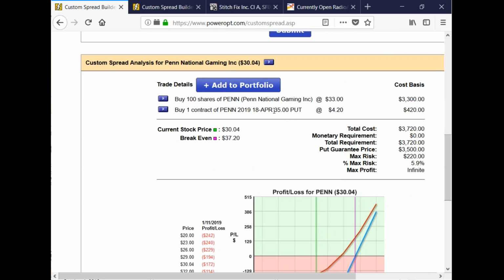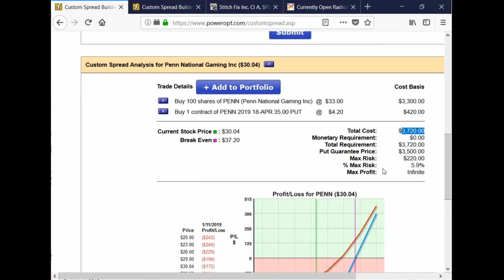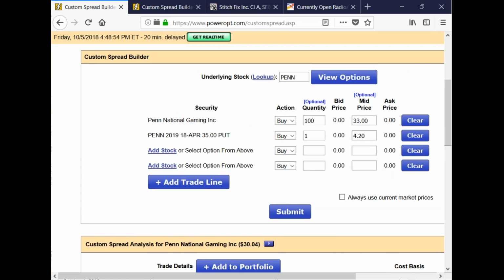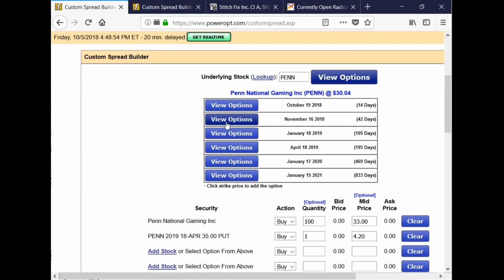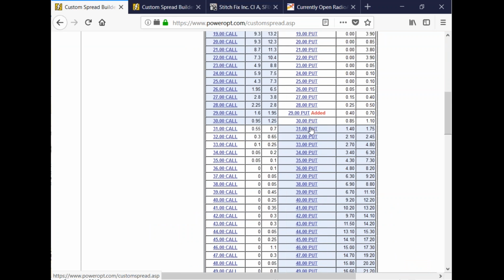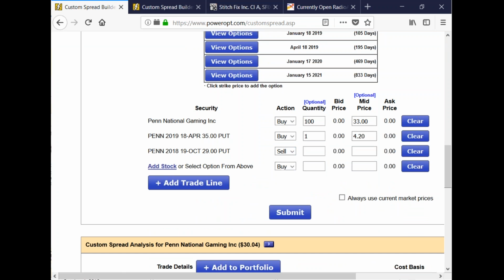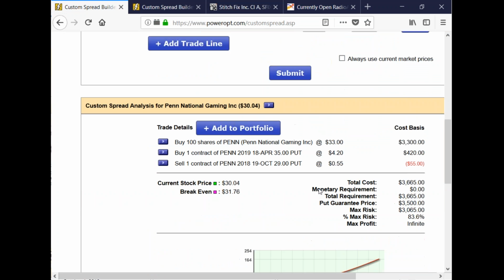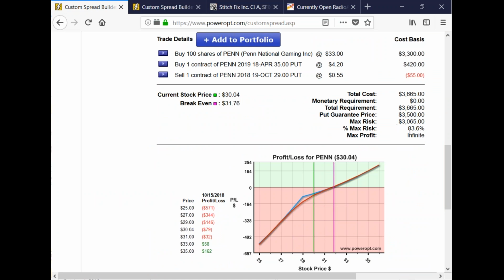Now, if I think it's bottomed, do I want to sell a put? Not really. I don't personally. I think that's too much of a gamble. Let's say even go 14 days out, and I think it's bottomed, so let's do the 29 put here. We're going to sell that for about 50 cents or so, 55 cents. Okay, so it still looks good, but what is this? Because if I'm wrong, if it hasn't bottomed, like GE, like everything else, this one put I own can only cover the stock or that naked put.